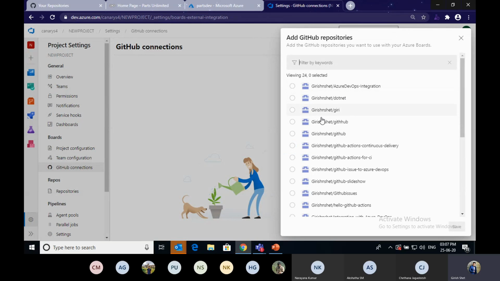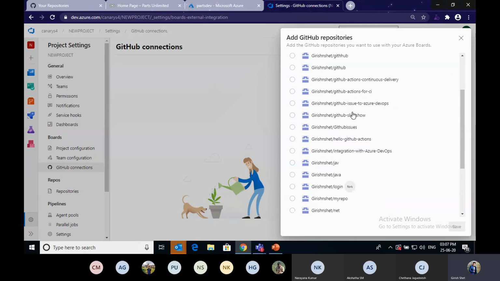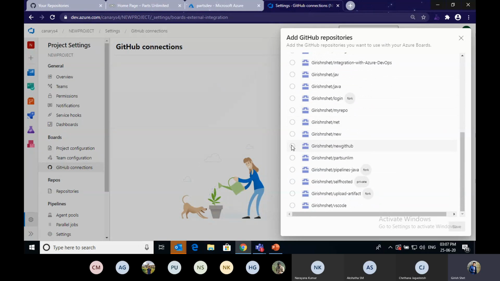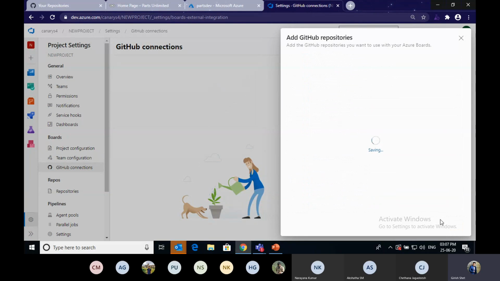These are all my repositories in my GitHub account. I'm using this repository, the recent new GitHub repository. I'm going to integrate with this repository. Click the save button here.